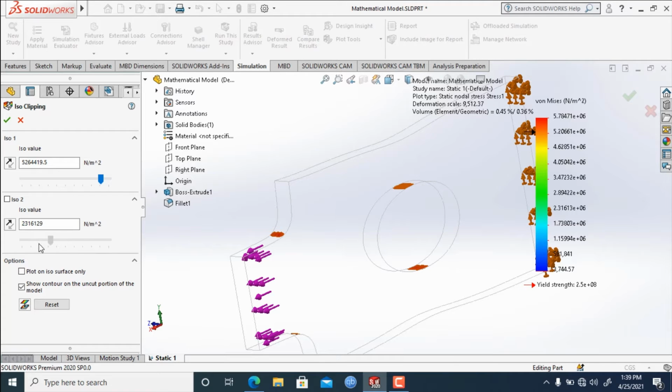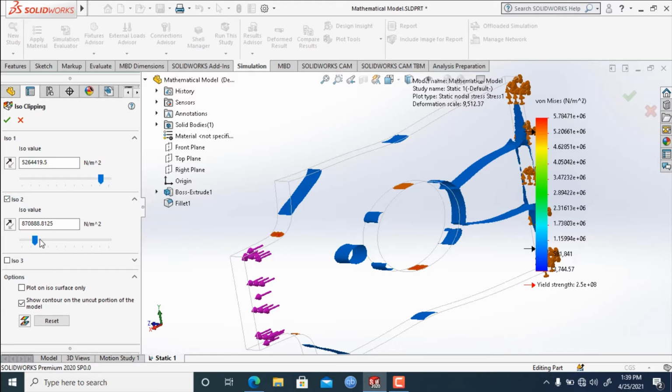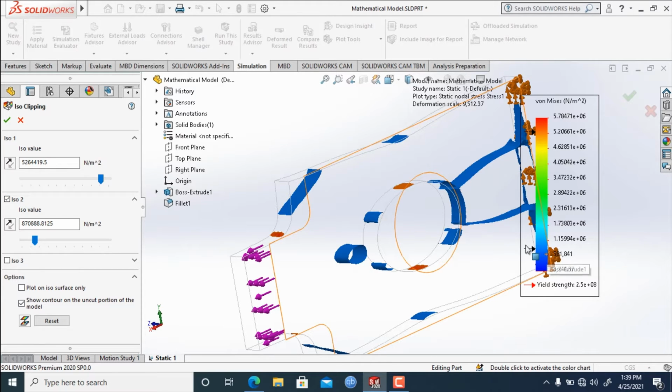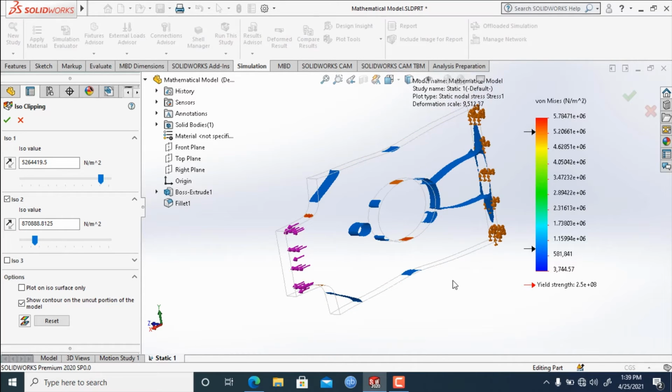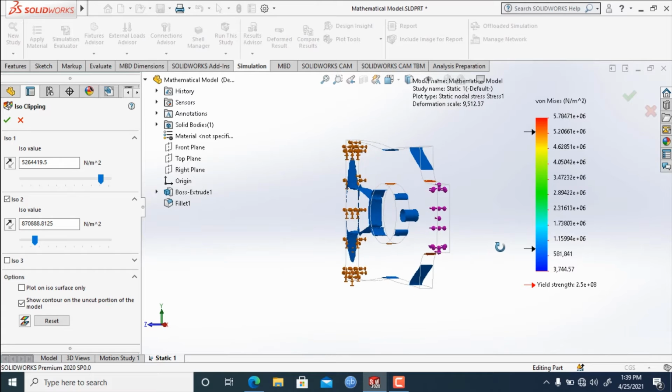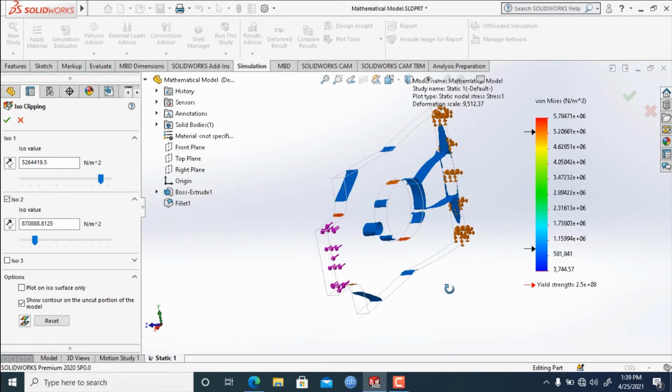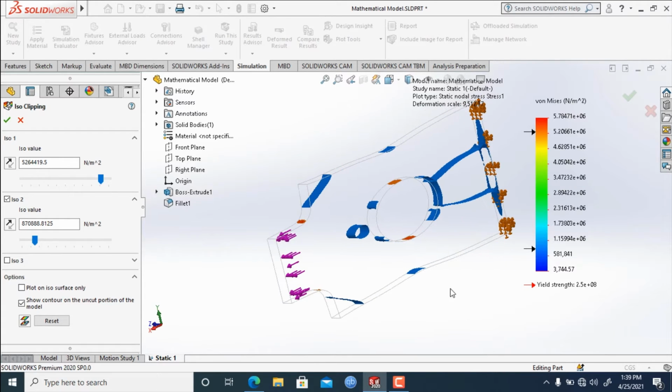If we deselect this one and we check this box right here, it will show us the minimum amount of stress applied in this model. So this is all about ISO clipping. I hope this is clear to you. You can change your model and plot the result according to you as you wish.